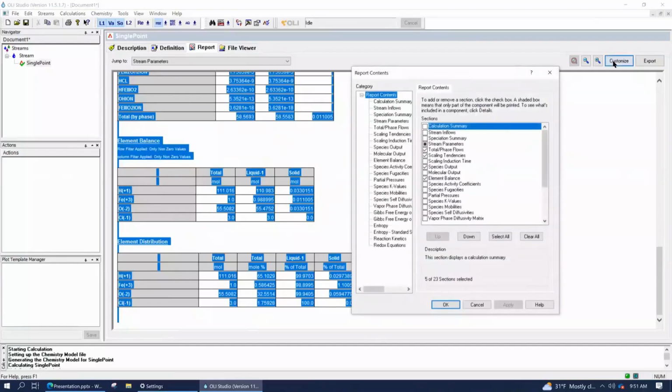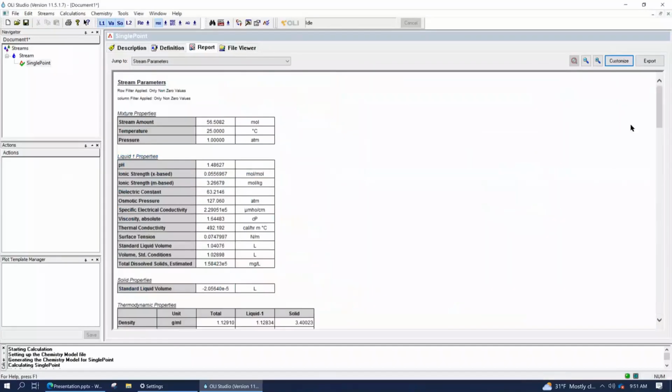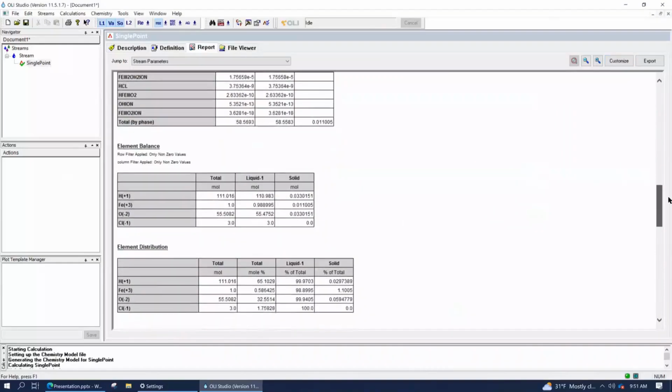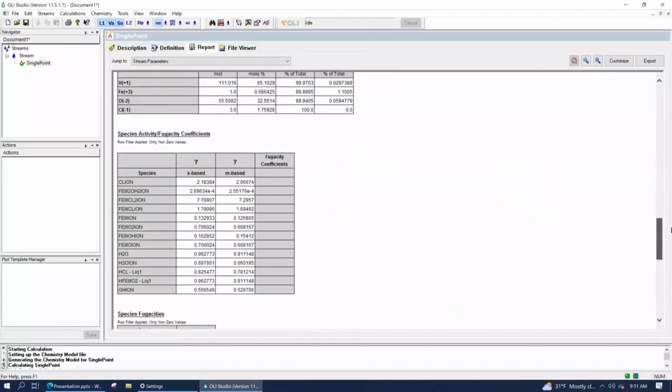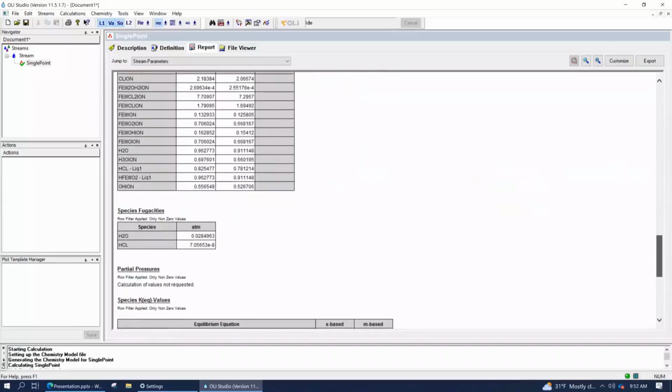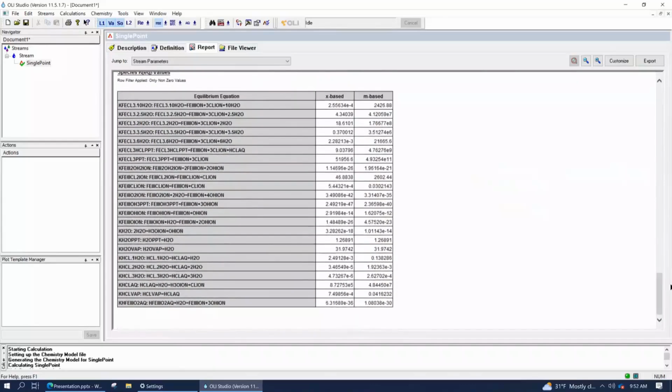The Customize button is really important because all I did was show you 6 categories of information. There are in fact about 30 different reports or report sections. Only 6 of them are turned on. So if you needed to know about activity coefficients, gas phase fugacities, partial pressures, equilibrium constants, etc., you turn those on there, and then you can see what the rest of that chemistry looks like. So you can always dig into the software for more information if you want it.